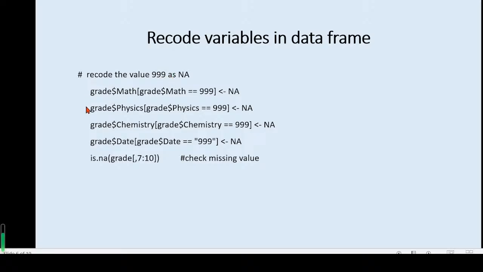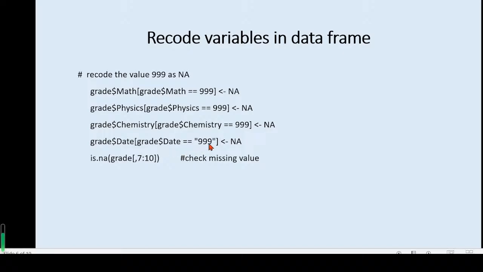Then after we have read the CSV file into the data frame, we can recode the value 999 to NA, meaning not available, missing value. So we just write grade math, then write a bracket for the condition inside the bracket. So if the grade math value is 999, then this math value will be assigned as NA. So similarly, we assign NA for the physics and chemistry and date values if their values are 999 in